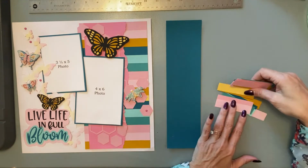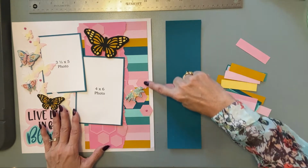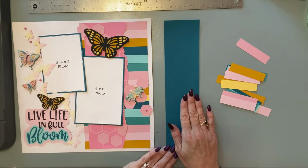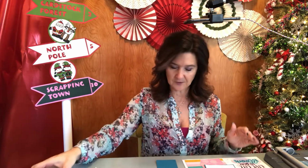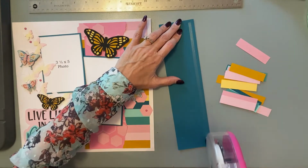So with all of these little pieces, we are going to custom create this striped paper. This is going to serve as our base. You really won't see it in the end. We're just going to use it as our guide as we're laying out all of these different puzzle pieces. What was easiest for me was to run my adhesive